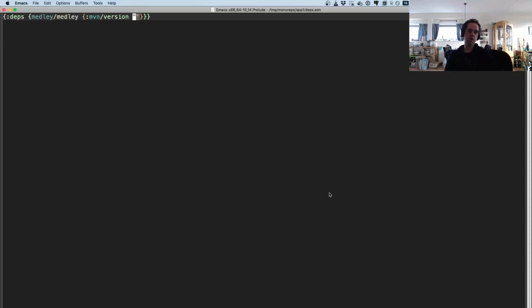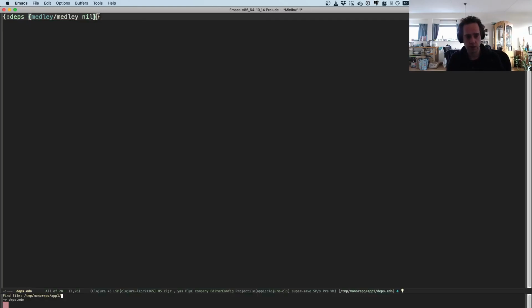So let's create a monorepo. I'm here in Emacs, and this is monorepo, app1, and then deps.edn. Let's say we want to include a library called medley, and we don't want to set the version here because we want to have the same version of medley in all our applications in our monorepo. So what we do is we just put a nil here,